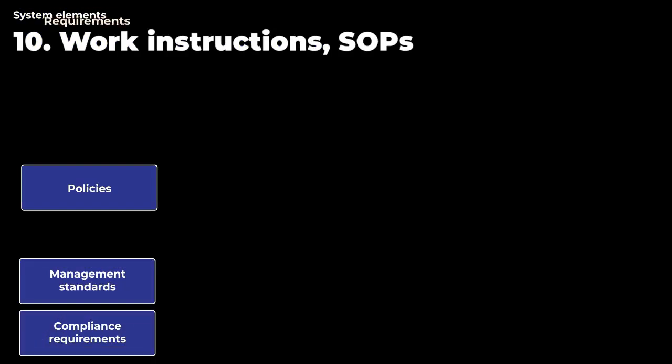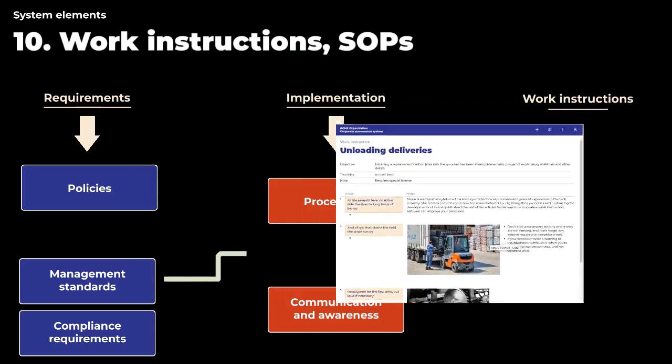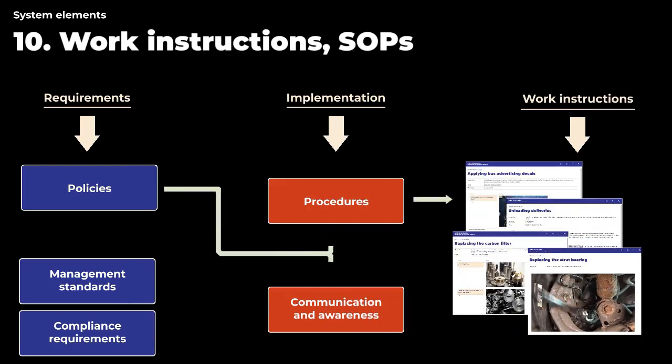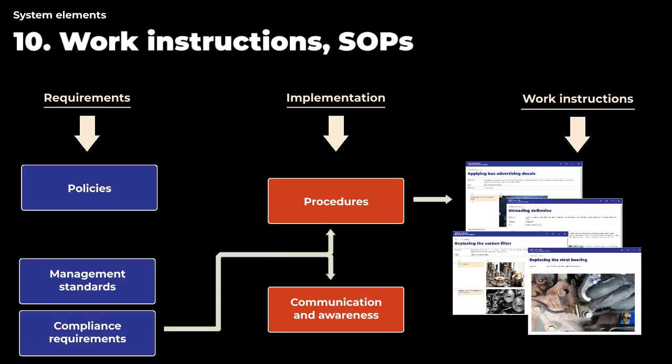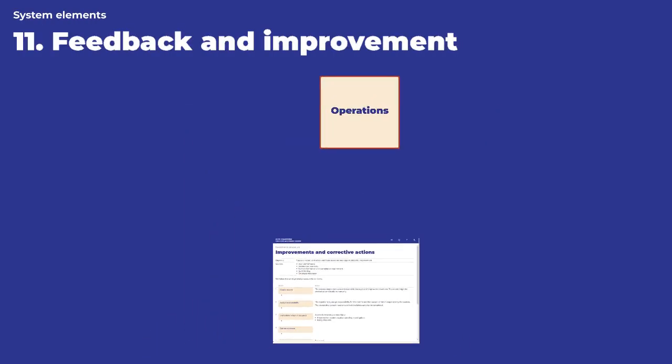Work instructions and SOPs explain the detail of the tasks your people carry out. The aim is to ensure that they are carried out in the best available way, automatically in compliance with all relevant policies, standards, and legal requirements. A key value of a well-designed governance system is that your work instructions can be very short and simple because the management issues have already been dealt with. For some purposes, it is better to use videos than text, easier for your end users, and you avoid literacy and language issues. The final element of your system is the mechanism for feedback and improvement.